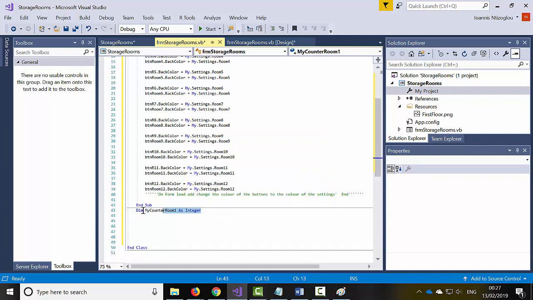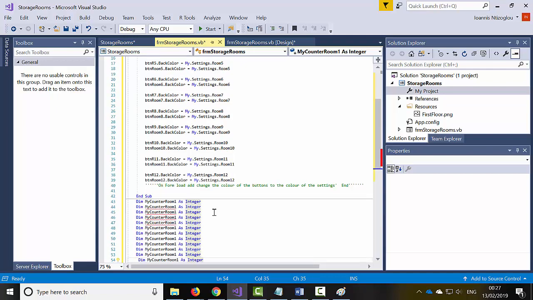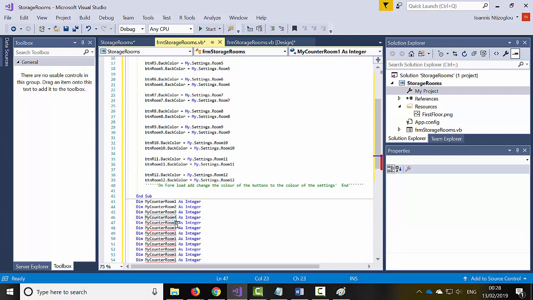I'm going to copy this now 12 times, so 12 variables: 3, 4, 5, 6, 7, 8, 9, 10, 11, 12, and this will be 2, this will be 3, this will be 4, 5,